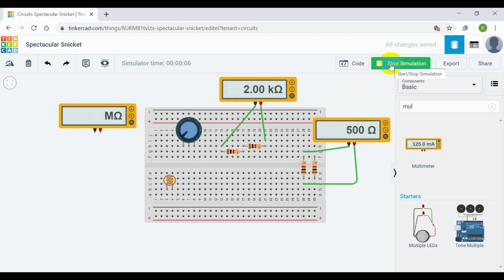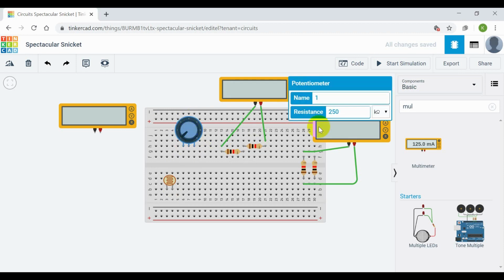Next, stop simulation. Again, here it is the potentiometer. It has three terminals. In this one and last terminal, two, you will get always total resistance. Total resistance means you take here, it has total 250 kilo ohms resistance of this potentiometer.